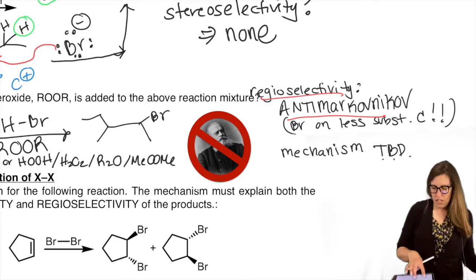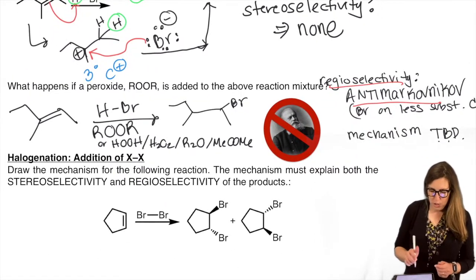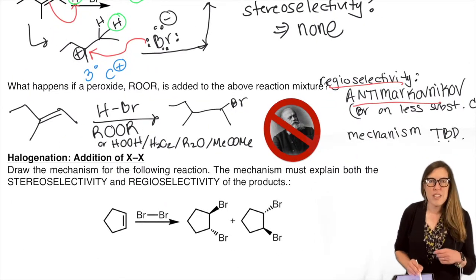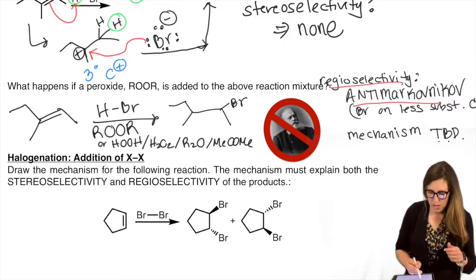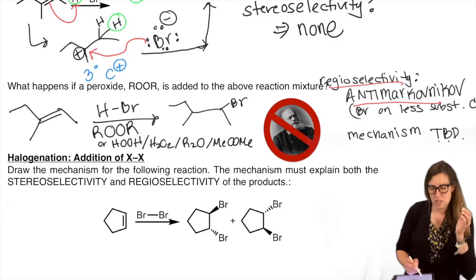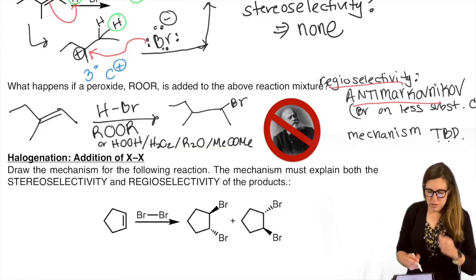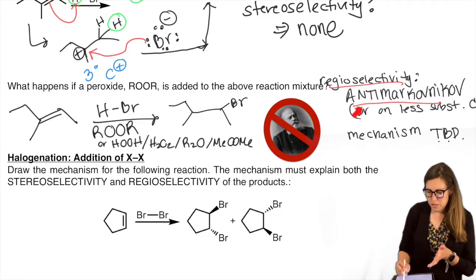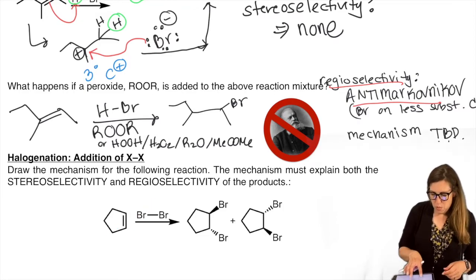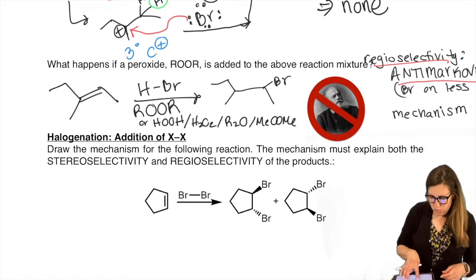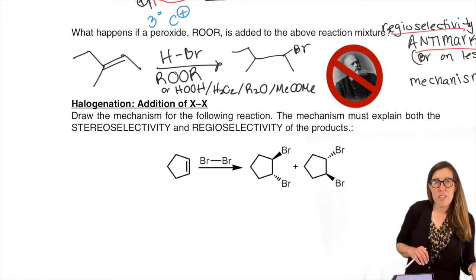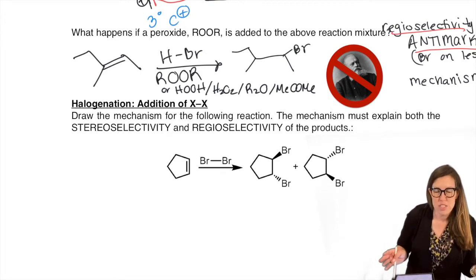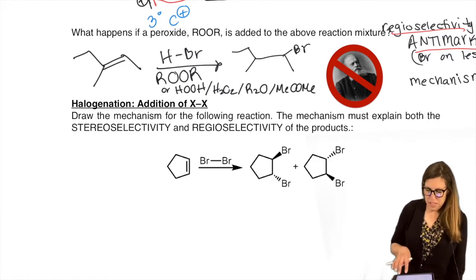But you have to have this at your disposal for future synthetic schemes where we put a lot of these together and we want options. You're allowed to use this because it is presented this early. Okay, but I actually cover it twice. I cover it here, then I do it again when we do the mechanism. So don't worry about the mechanism for this one yet. It will come, I promise. But you can be aware that everything doesn't go in Markovnikov fashion, and that's why I do bring it up here. It can be anti-Markovnikov.